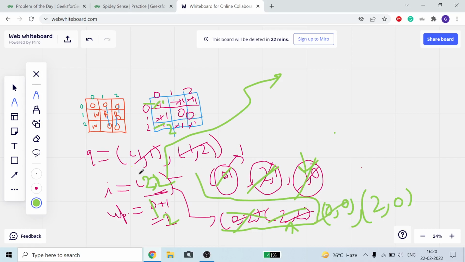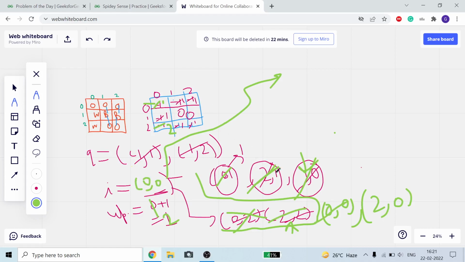Now we are at 0 comma 0. From 0 comma 0 we cannot go here, we cannot go here, we cannot update it because 1 plus 1 is equal to 2, so the updated cost is equal to 2. We cannot go there, we cannot update it because it is equal to 1. Our updated cost should be less if we need to update it.